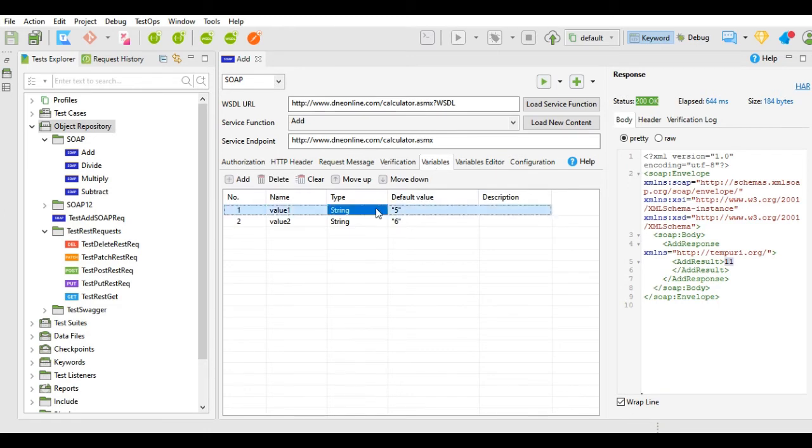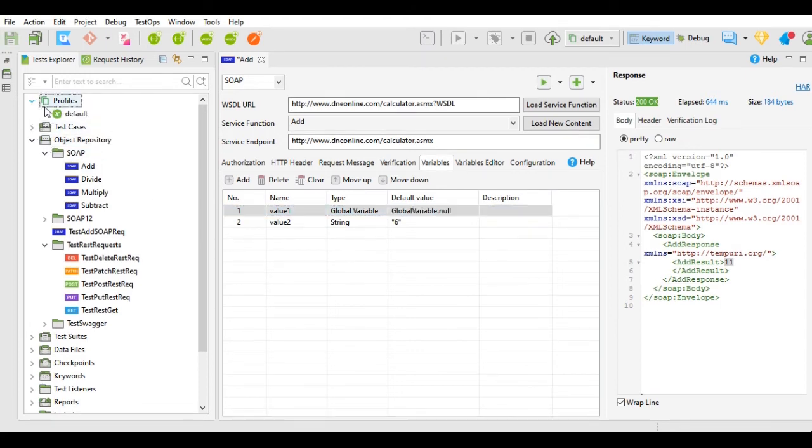As I told you, there are many types. You can use number, boolean, null, and you can even use the global variable. So you can create a global variable, assign the value and use that global variable over here. So if I say that value1 type is global variable, and here in the global variable there is null, there is no global variable.